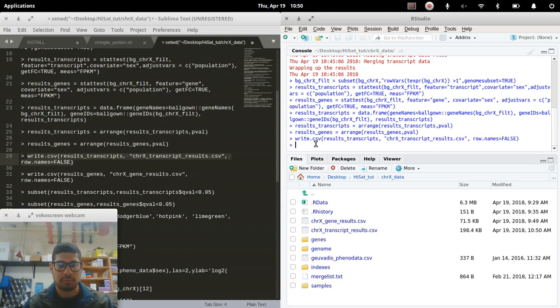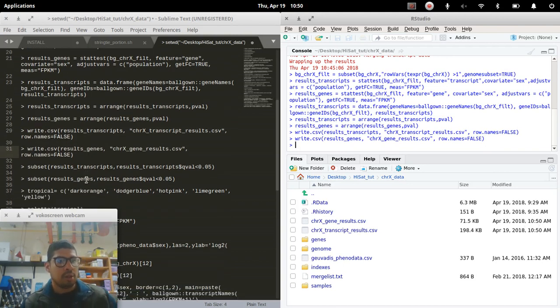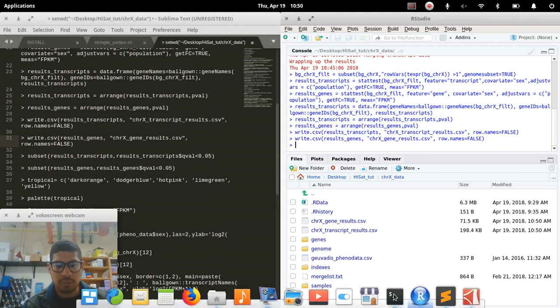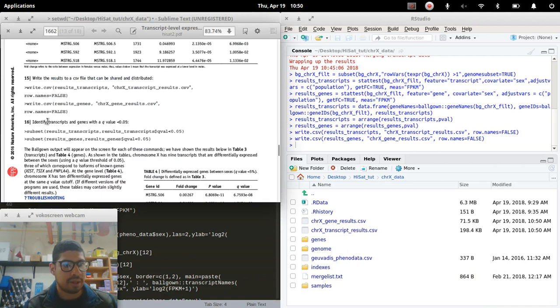So I wrote that one. As you can see, change the timestamp on it, and we'll do again for the results genes. And then we have that new timestamp there, so we just regenerated those files. So now, go on to the next step, and we're going to identify transcripts and genes with a q-value of